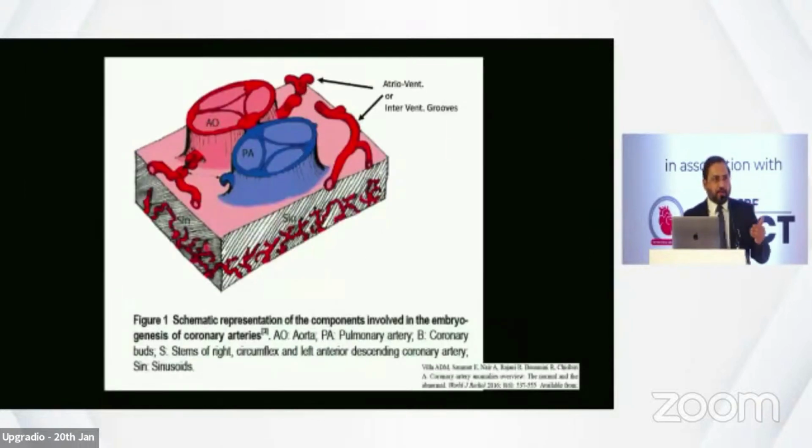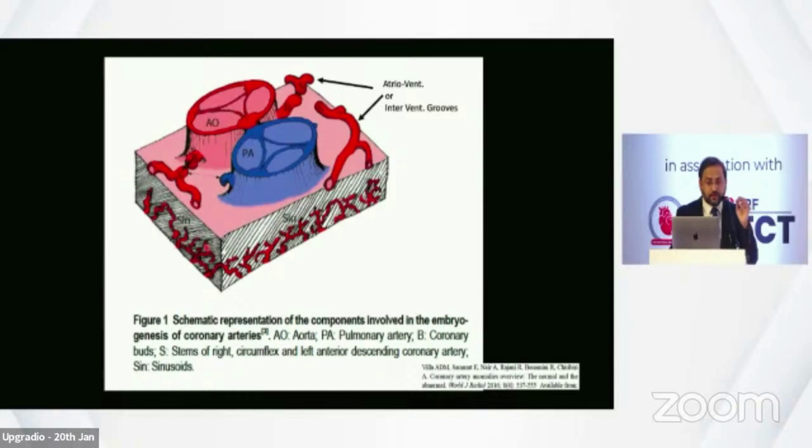So let's step back a bit from PCI to embryology. This is important because until and unless we understand this, we would not be able to understand the course and the various combinations of anomalous coronary arteries that happen. And trust me, there are very limited combinations and very limited courses that can happen. But just because we have not studied them and read about them systematically, every time we see anomalous coronary arteries, our blood pressure starts to go up and we start to feel a little jittery about doing